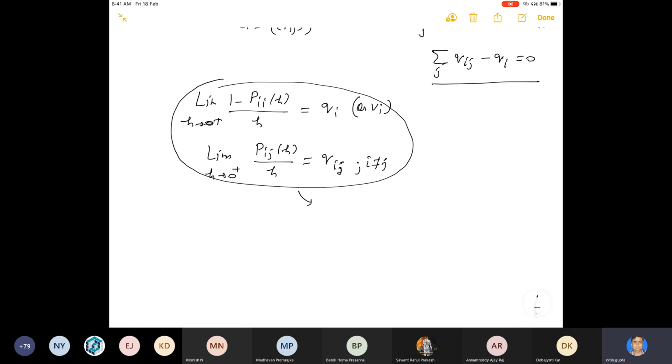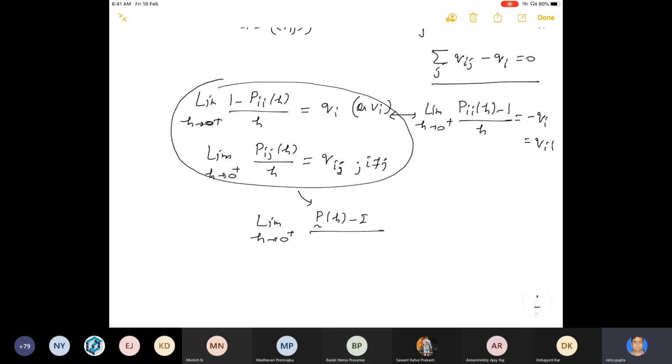So this quantity can also be written as limit h goes to 0, p_ii(h) minus 1 upon h, which is minus q_i, which is nothing but q_ii. Okay, so therefore, in totality, we can write down limit as h goes to 0